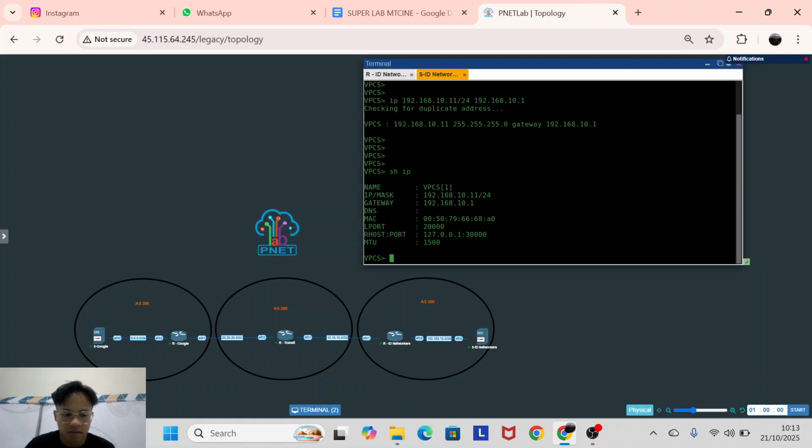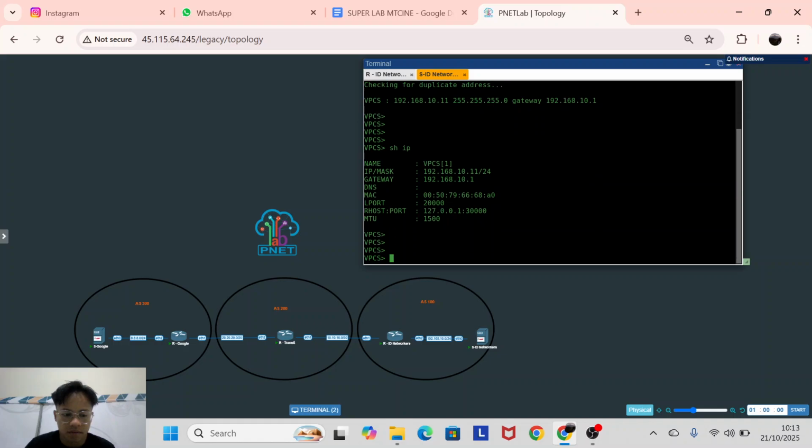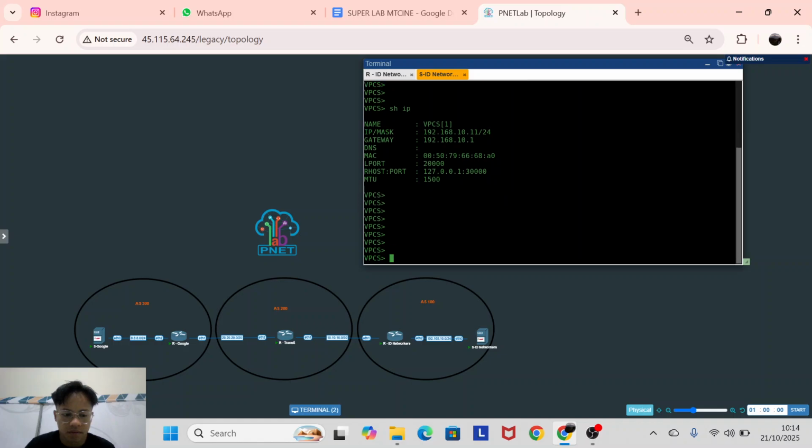There are many ways to check connectivity, so now we connect with ping from the server to our router. Let's check it out.